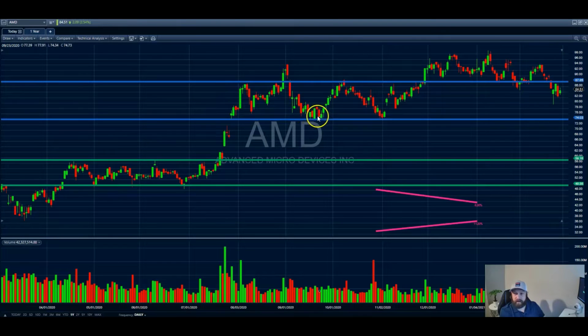If you would have bought right here, you can see you have this small gap right here. So I covered that in a previous video. You have a small gap. So here is a clear support line. If you would have bought down here around 74, which is the bottom, or even if you would have bought around 75 and sold up around 87, which